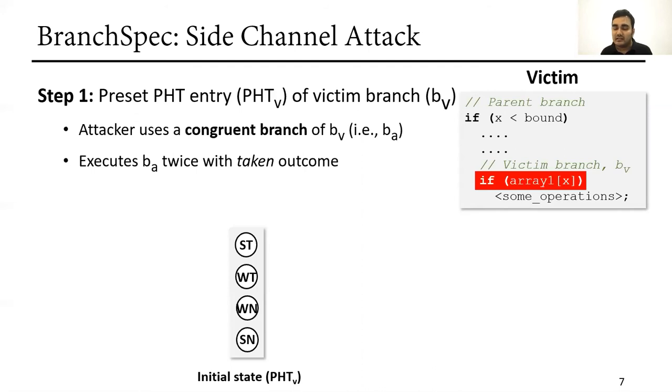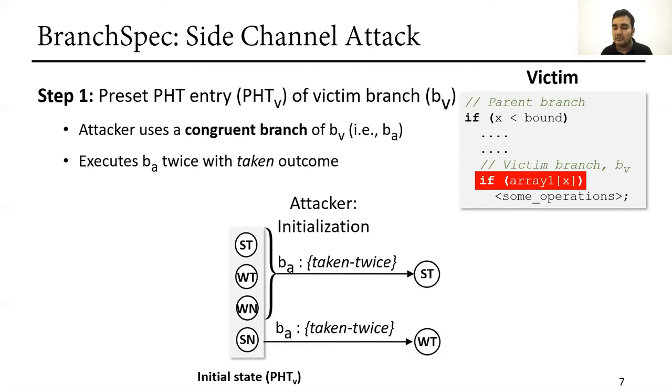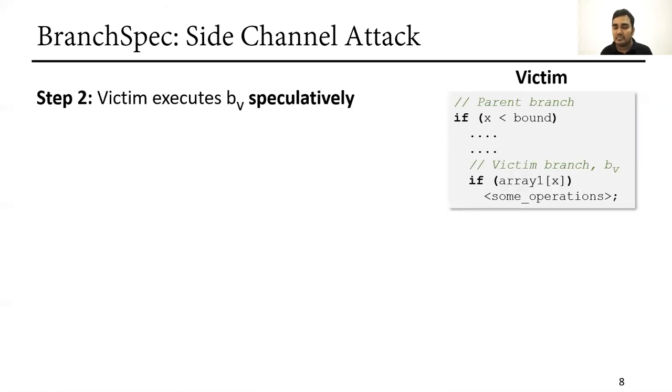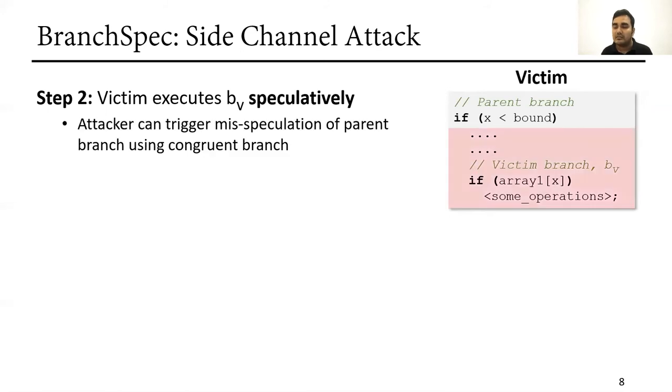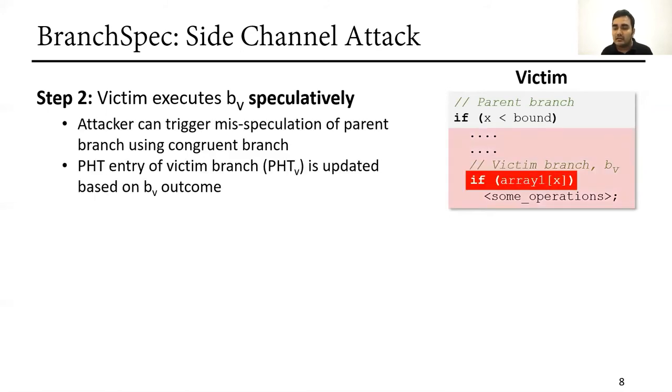Specifically, here the attacker is executing BA twice with taken outcome. This converges the state of the PST entry to one of the taken states. Then the attacker triggers the victim execution so that the victim executes branch BV speculatively. In the speculative path, the victim branch accesses certain unintended data controlled by variable X, which later determines the outcome of the victim branch. After the victim branch is resolved, the corresponding PST entry will be updated and the changes remain after